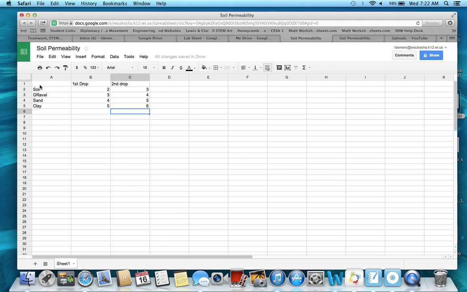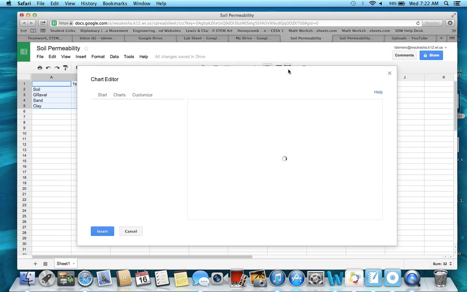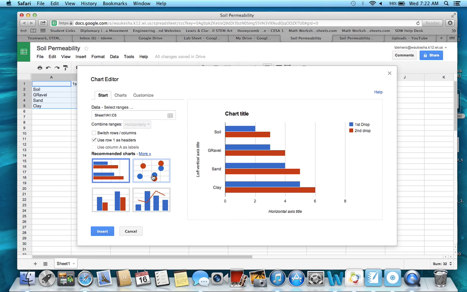Once you have all of that completed, highlight the whole chart that you have created so far. Don't choose the boxes outside of where you've written. On the top toolbar, there are going to be many different gadgets that you can use. In this instance, you'll want to use the Insert Chart button. You'll come up with many different options for charts. The one that makes the most sense would probably be our histogram. Click Insert,